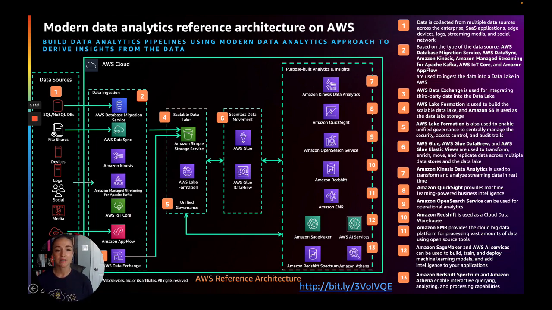The reason that these services are clustered together on the right is that we don't recommend storing large amounts of data long-term in any of these services. Instead, we recommend moving data from the central data lake into a specific analytics service only when it's needed for a particular use case. Number 3, seamless data movement with AWS Glue to transform and load data into our various